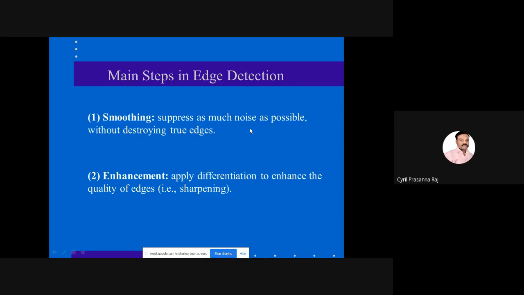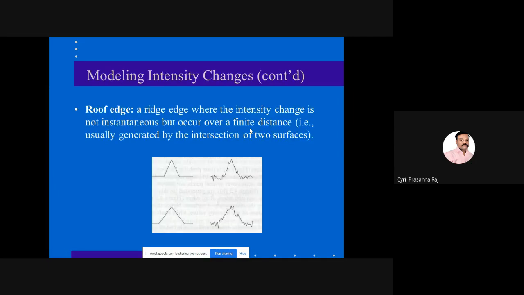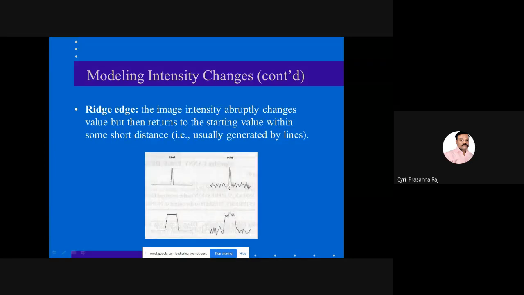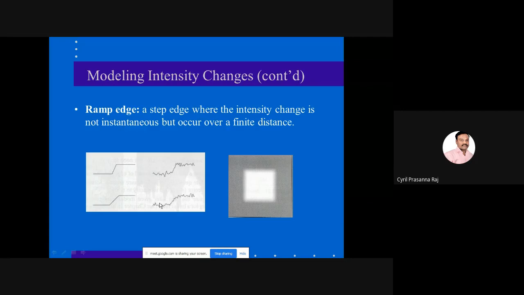Suppose you have acquired an image, and if you see here, there are multiple changes in this. These are random variations that come across in a given object. We would like to make it exactly 0 and 1. So this would be the object variations in a given image, and we want to transform it to this. That is what we call smoothing. Or your image may be like this.